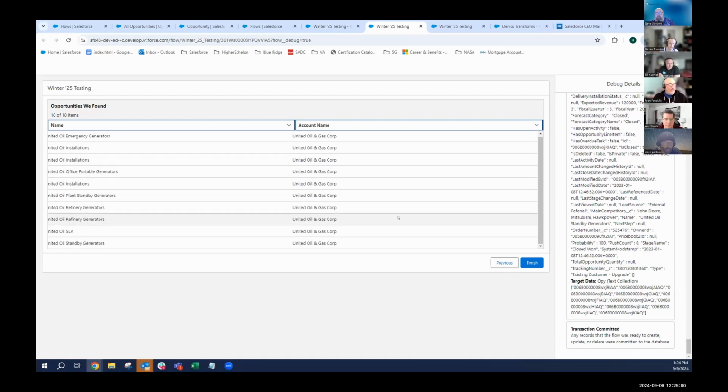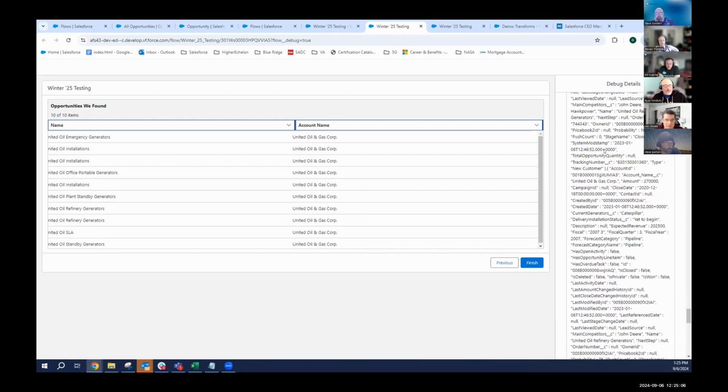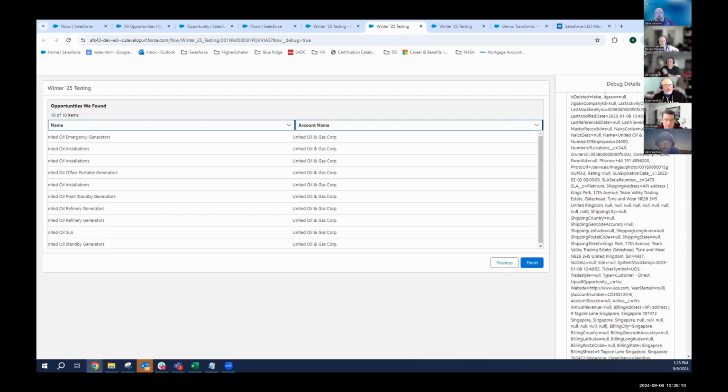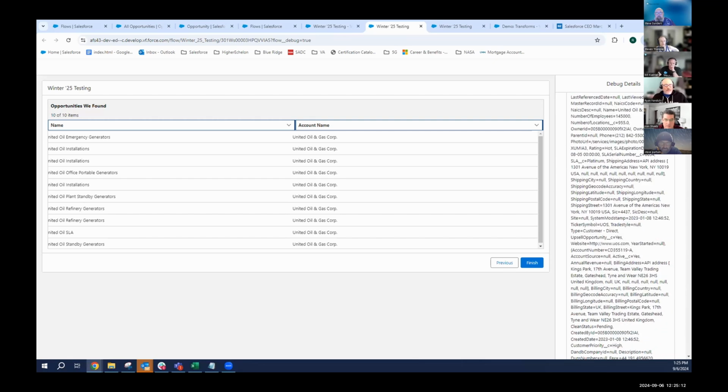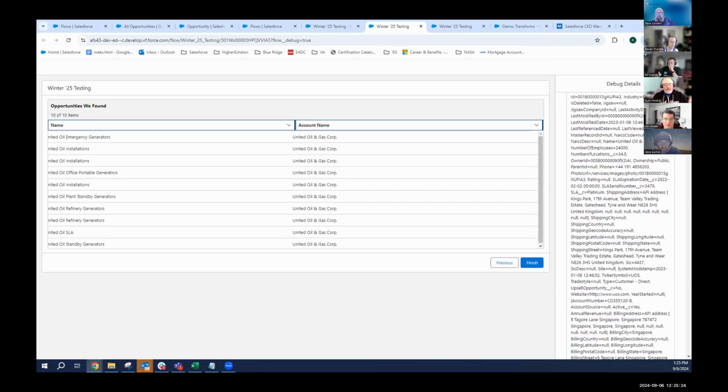But you see, we got 31 when we got them all before. Now we only got the ones for the account. So you can see that it is working, and you can see it's essentially building this collection. It got all these records. It went through them all. So this will look pretty similar to what it would look like in Steven's flow, where it goes through, but instead of seeing a new iteration, you just see